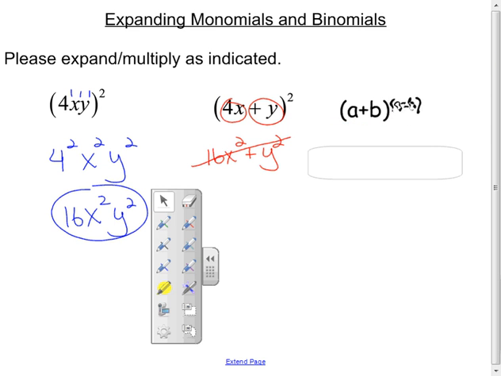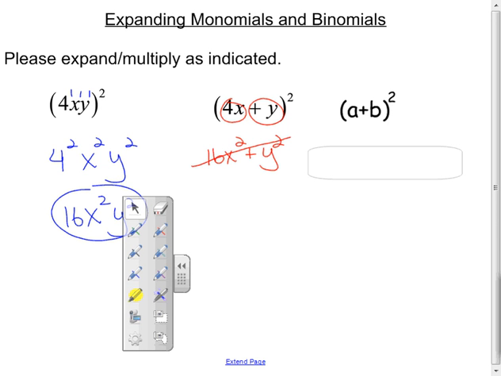Unsuccessful there. So it's a times a, times, excuse me, plus a times b, plus b times a, plus b squared. Okay? So if you notice here, if I were to rewrite this problem correctly, and I'll do that in green,